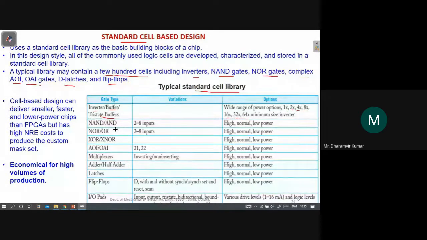So we have NAND gates and AND gates having different numbers of inputs. We will have a 2 input NAND gate, a 3 input NAND gate, up to an 8 input NAND gate. Sometimes we require a 2 input NAND gate, sometimes in a circuit we require a 3 input NAND gate, sometimes we require higher input NAND gates. So for those different kinds of applications, those different flavors of the basic cell are given.